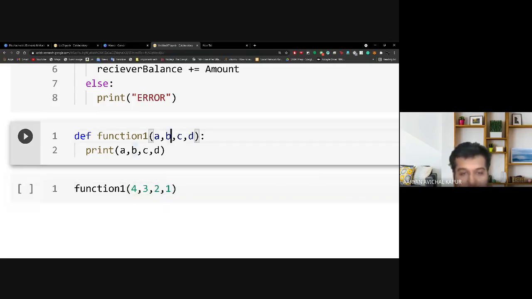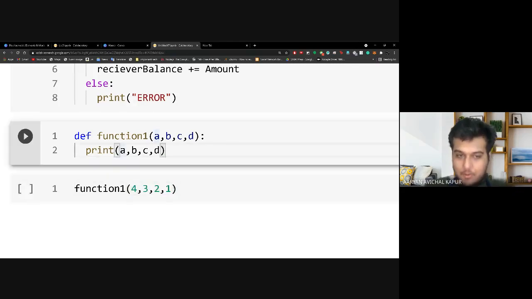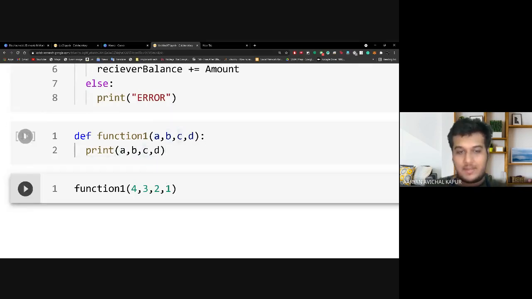So what is happening here? Let's just see the function a, b, c, d. They are at position 0, 1, 2, 3. That is, a is first, b is second, c is third, and d is fourth. Is this clear to you? The sequencing is clear to you? 0, 1, 2, 3, and sort of the first, second, third, fourth. Okay, so it is clear. Okay, perfect. And now you can see 4, 3, 2, 1. So now when I print this, A would become 4, B will become 3, C will become 2, and D will become 1. Is this clear? Like this goes without saying that wherever that variable is, that value will be equated. Is this clear? Okay, perfect.